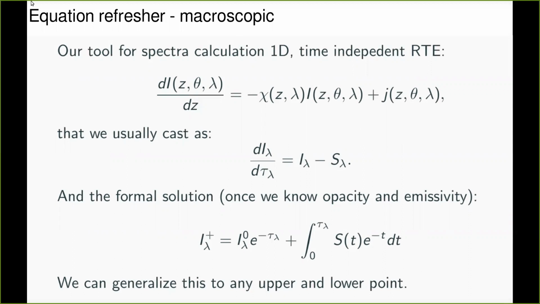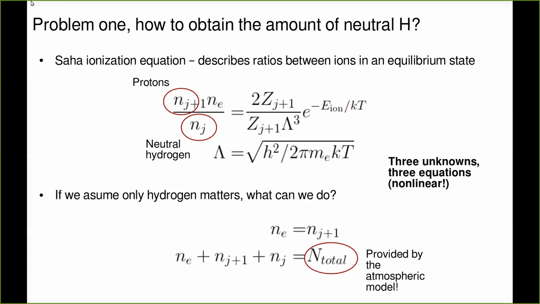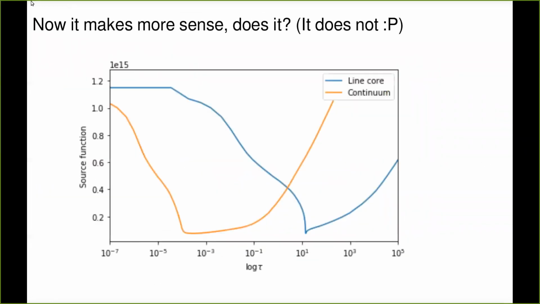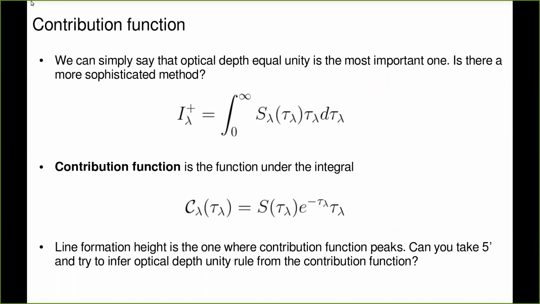And then people said, well, okay, let's define a new quantity, which is going to be this function under the integral, and we're going to call it the contribution function. That function basically tells us how much each part of the atmosphere contributes to this integral, basically how much each part of the atmosphere contributes to the outgoing radiation. Okay, now I'm going to jump many slides, and I'm going to fix the slides before I put them online later. So don't look at this thing up here.